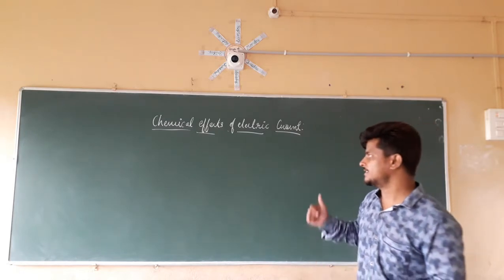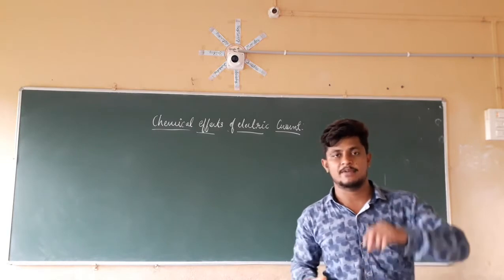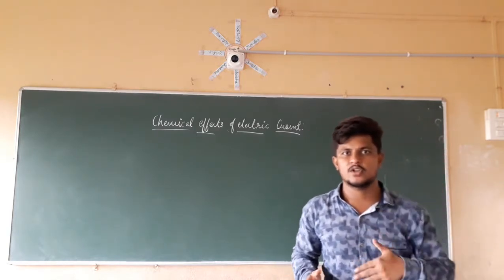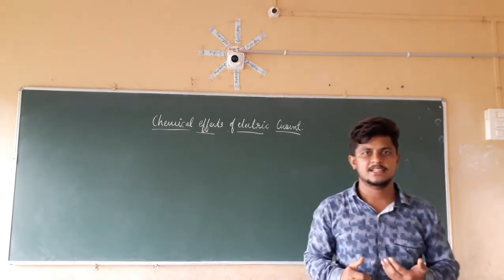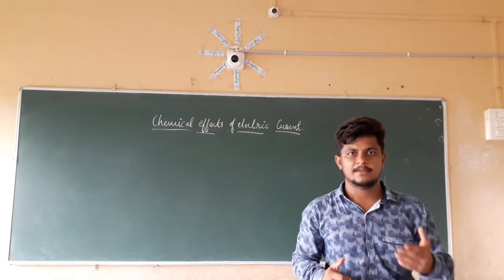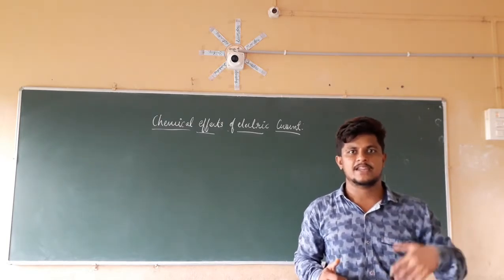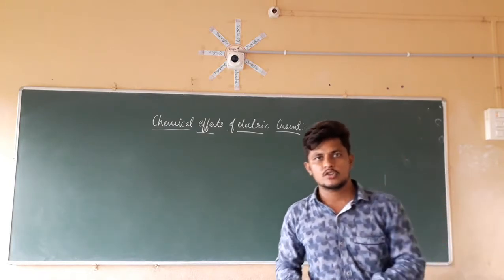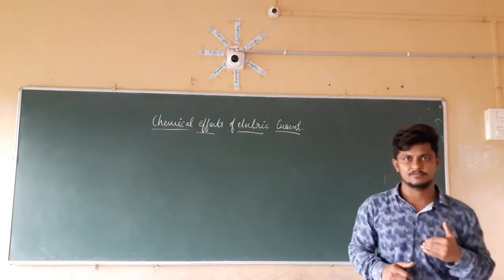In the same manner, the same phenomenon is useful for checking the conduction of electricity by using the tester, where the bulb present inside works on the heating effect of electric current. That is, when electric current flows, some coils or filaments are heated up and produce light. Because of that light, they glow. So that can be used for testing the conductivity of electricity.